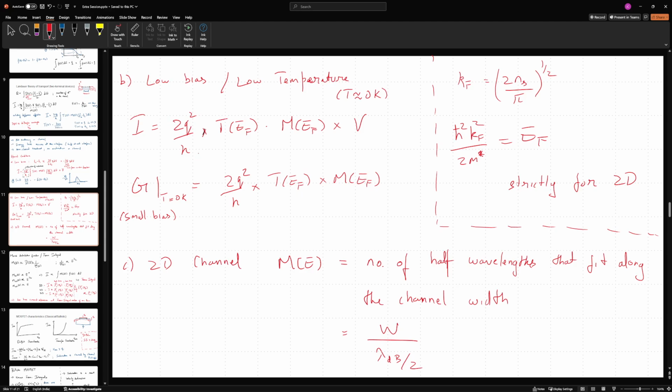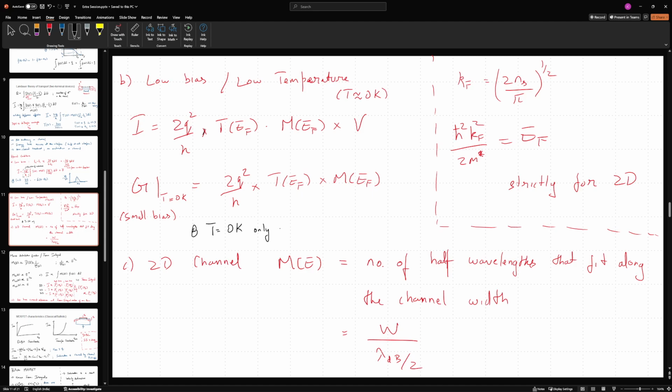So in general, this is going to be the expression 2q squared upon h into the transmission coefficient at the Fermi energy, multiplied by the number of modes at the Fermi energy, multiplied by the voltage. So this is going to be the current. I by V is going to give me the conductance. Depending on the channel length, this may be 1, this may not be 1. So one takeaway here, which I shall write, at T equal to 0 K,